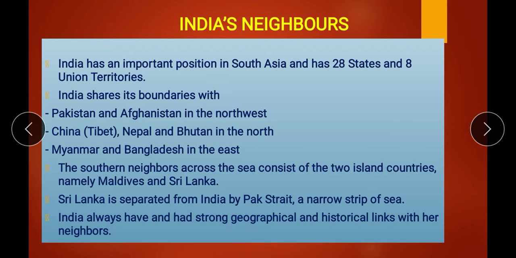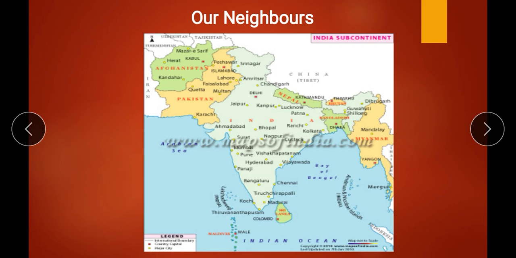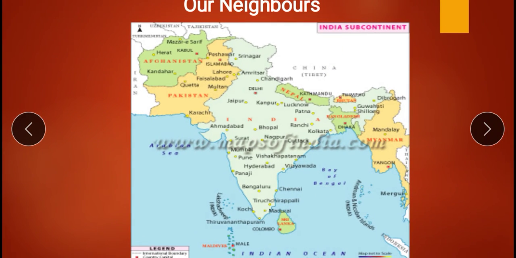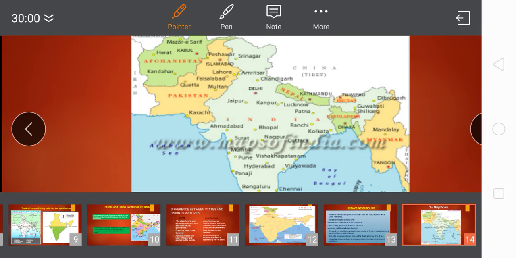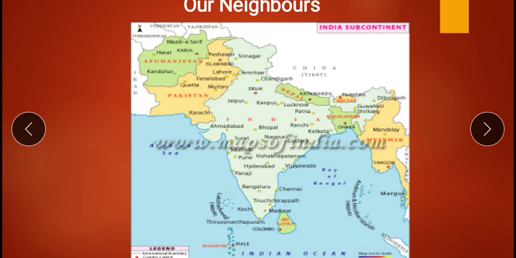India always has and had strong geographical and historical links with her neighbors. You can see here the neighboring countries. The first one is Pakistan, next Afghanistan, here China, Nepal, Bhutan,